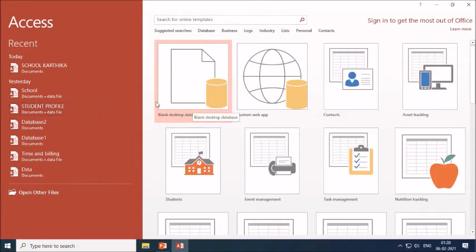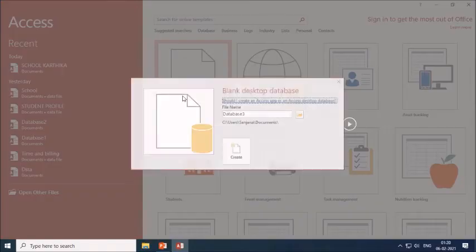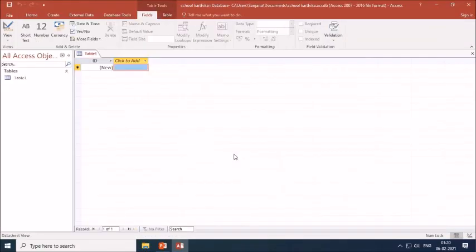So click on this blank database, give the file name as School Karthika and it will be saved in the document of C drive. Create. Now you can see here the file name is shown on the title bar, that is School Karthika.